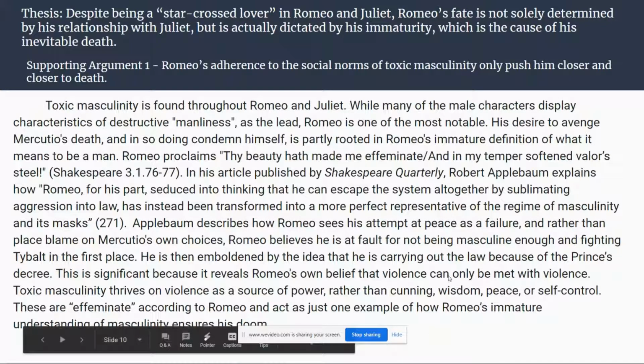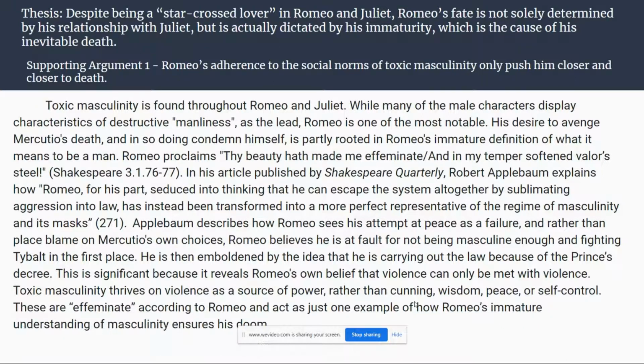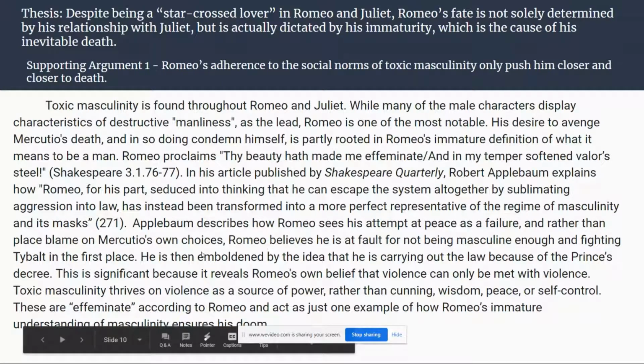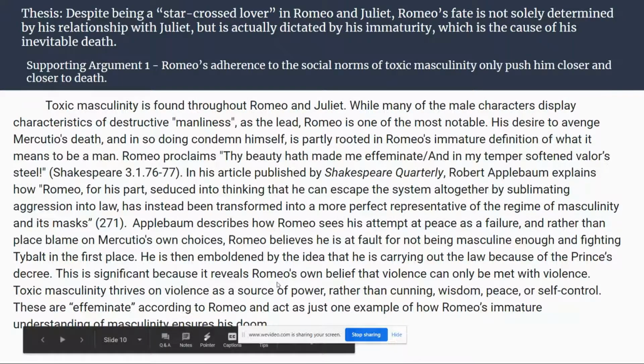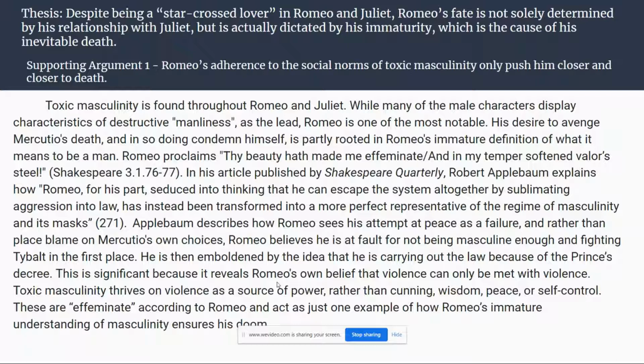So again here, notice some of the subtle changes. We mentioned self-control, the idea that these are effeminate, and connect back to maturity here. These are all things that Romeo is struggling with as far as his own emotional maturity. And so they are included in the tie-in now. And it connects that quote with Romeo's quote with Applebaum's quote. So those are two paragraph examples. Just a few more